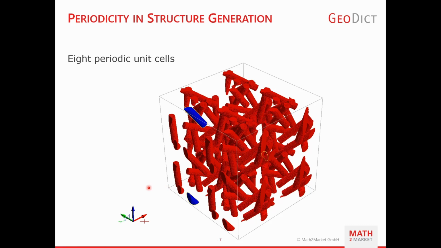And I said to you that we cannot do that with endless fibers. And the reason is that if we had an endless fiber, it would leave the unit cell at one end, go back in at the opposite side, leave it again. So we would have like an endless loop of the endless fiber leaving the unit cell and going in on the other side. And of course that does not work.